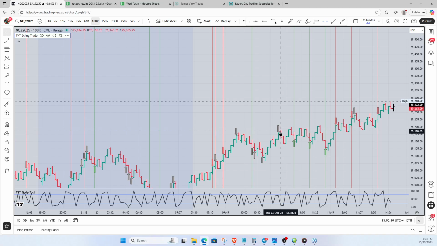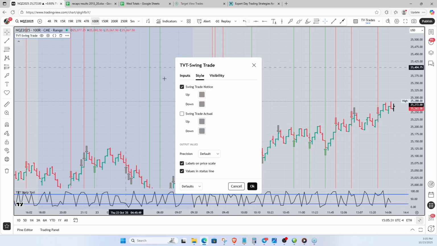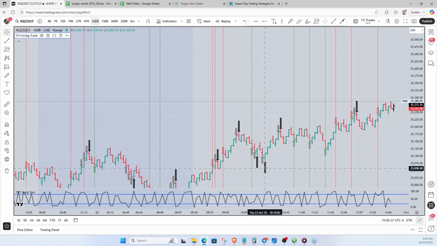It had a swing trade here earlier today. It had one right there earlier, one right there earlier, and one right there. So all of those were good trades. Every one of those, well, this one, and that was still a good trade. It would have been from there to there. That was enough to get you stopped to break even. It's 100 range. Every one of those trades was a good trade. And I know I don't have the black arrow turned on. Do I? Yeah, the actual is the black arrow.